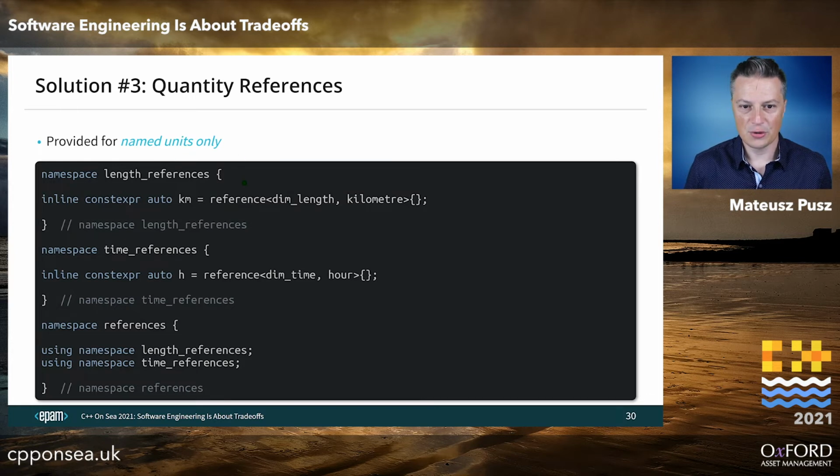This means that I'm creating a new type that actually is still in the library. So actually it's nothing new. It's just reusing the type that is there. It's called reference. So if you remember from the definition of quantity, quantity was a number and a reference, right? So this matches nicely the definition. Reference provides the information about the dimension and the unit. And we have kilometers, we have hours.